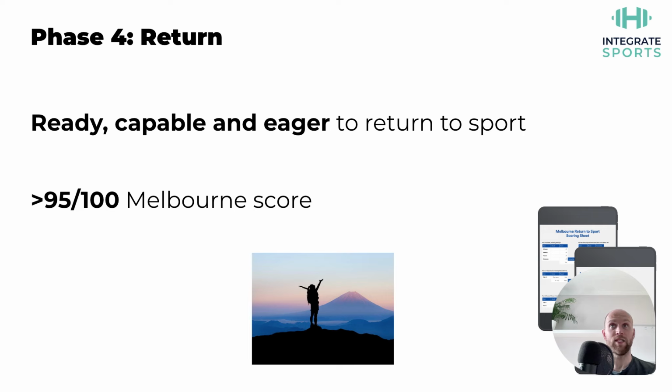What ultimately we do is use the Melbourne ACL protocol to gather a score. What this does is it covers a massive range of things. It covers your mindset around the injury, so whether you've got a fear of re-injury or not, your confidence in the knee, functional assessment, in other words, the things we looked at already, so strength scores, capacity scores, jumping based scores, asymmetry differences, and finally we look at your performance under fatigue as well.